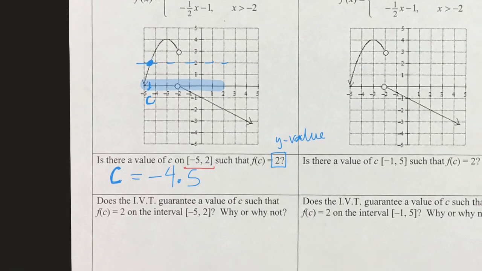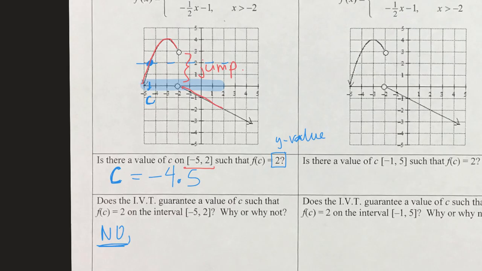So does the IVT guarantee that there's going to be a value? Now we're talking about guaranteeing. So what is the first condition for our intermediate value theorem? Continuous, right? Is this graph continuous between -5 and +2? No, it's not. If I'm graphing this, I make my pencil go to here, and then I have to pick up my pencil and bring it all the way down to here. So there is a gap. This is a jump discontinuity